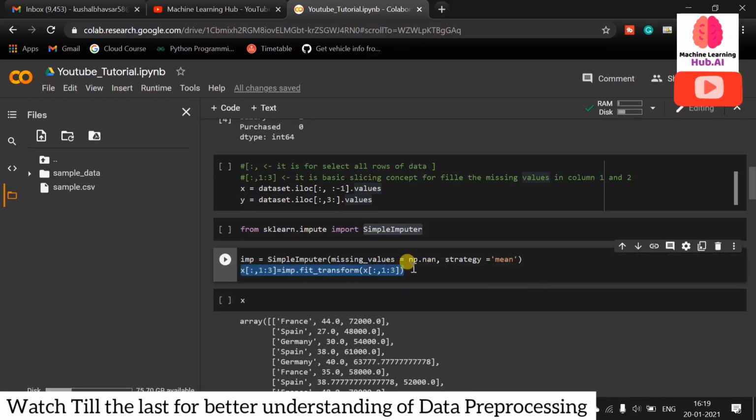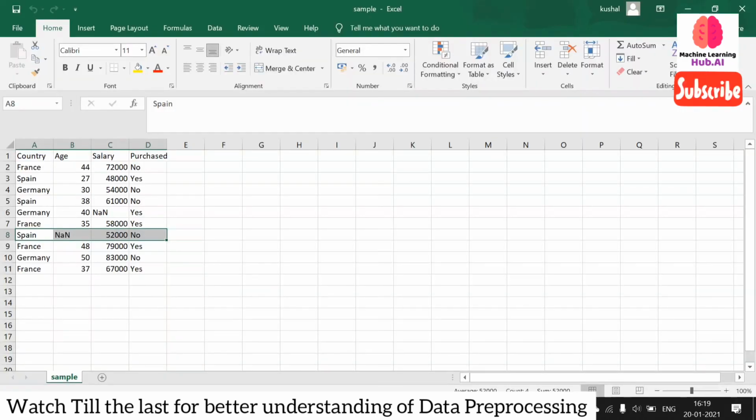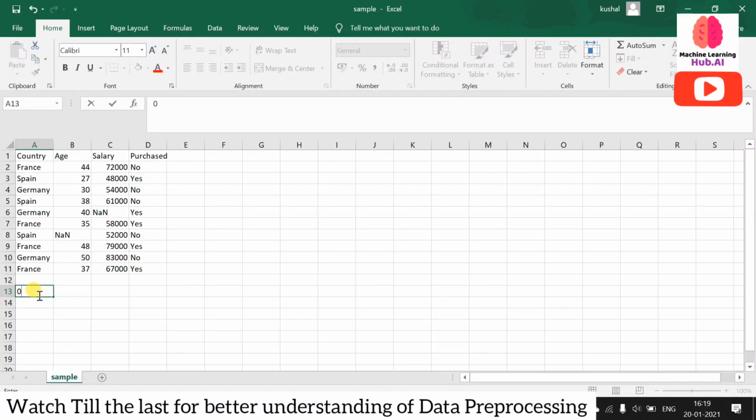Now on which column do I want to apply the imputer? We need to know which column I want to do imputation on. So just see the ids. This column id is 0, this column id is 1, this column id is 2, and this column id is 3. This column id is also 0 in the y, but we will consider only the x. Now there are missing values in this column and this column. So in columns 1 and 2 there will be missing values.